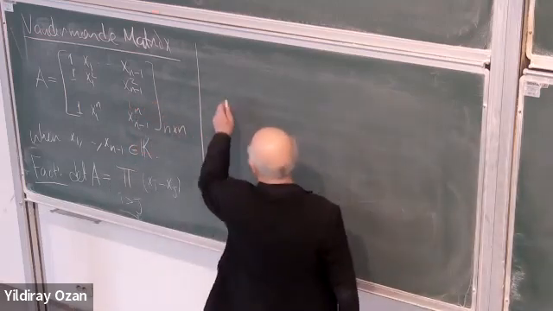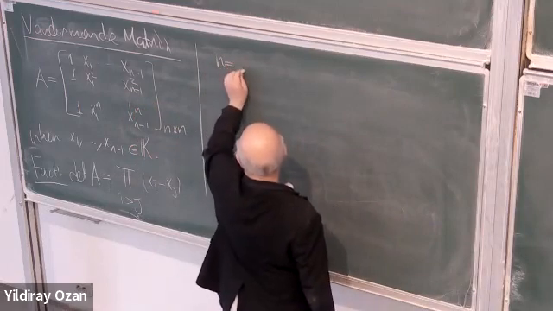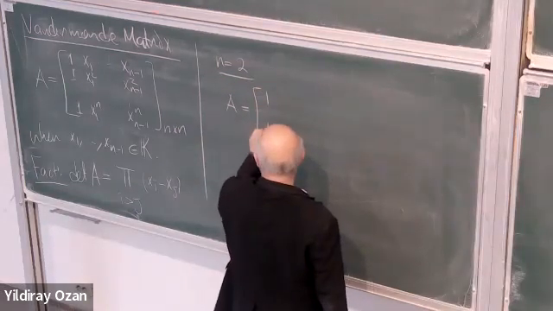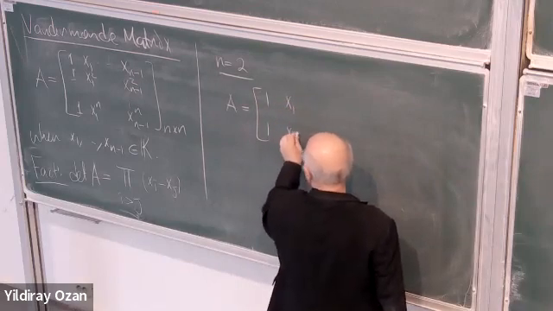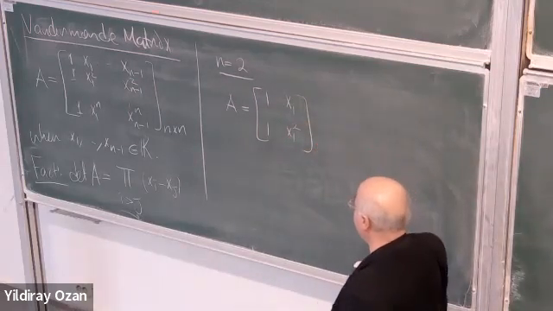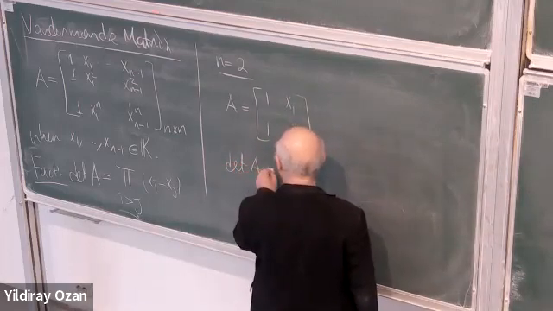Let's do one example. For example, n equals 2. So A is this matrix. 1, 1, x1, and then x1 squared. Then what is the determinant of A? The determinant of A is just